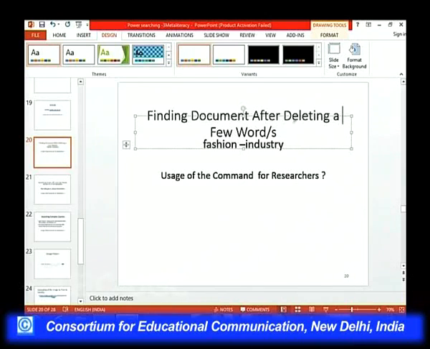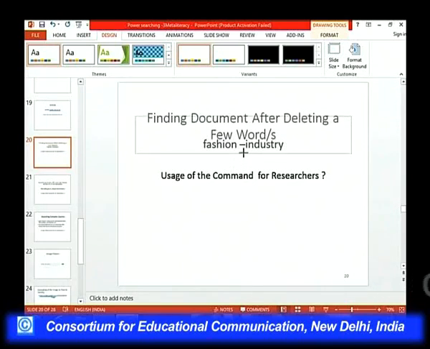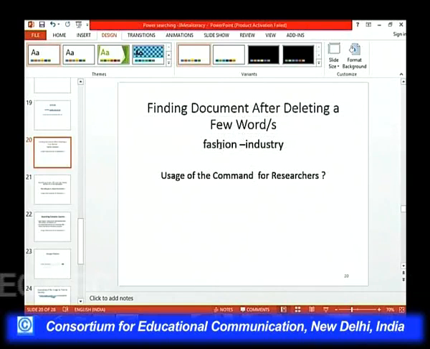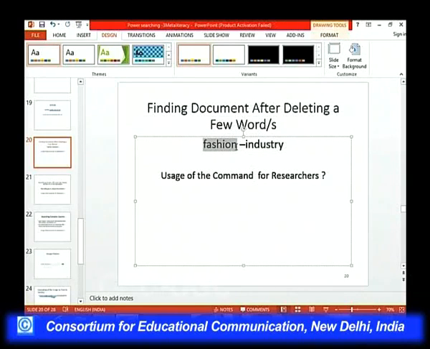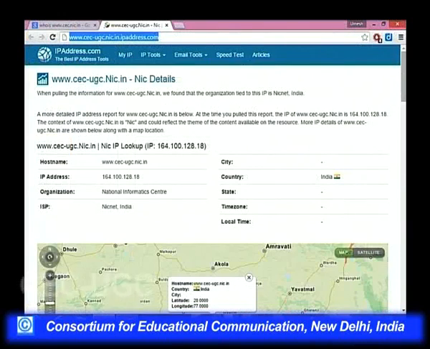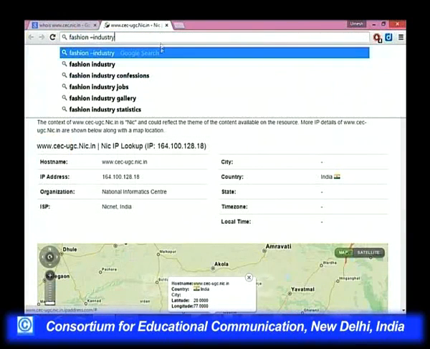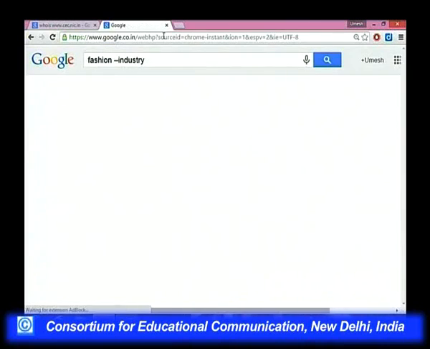If you want to find documents after excluding a particular word or words, for example, if you want to search the documents which have the word fashion in them, but no word relating to the industry, then you will copy this, go to Google and place it like this and see what happens.